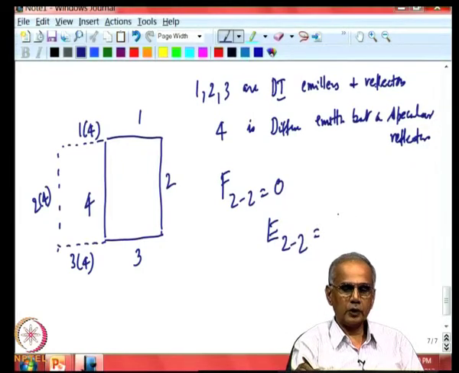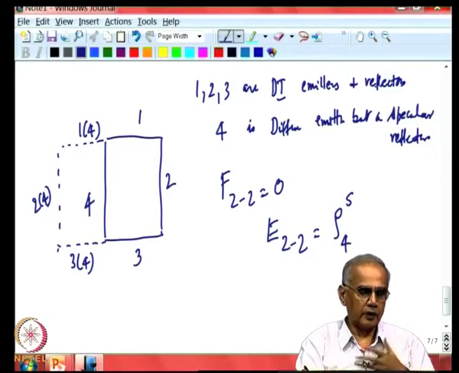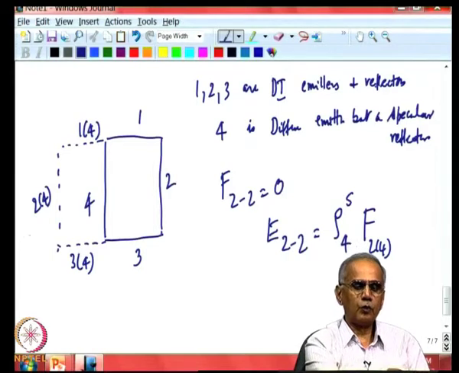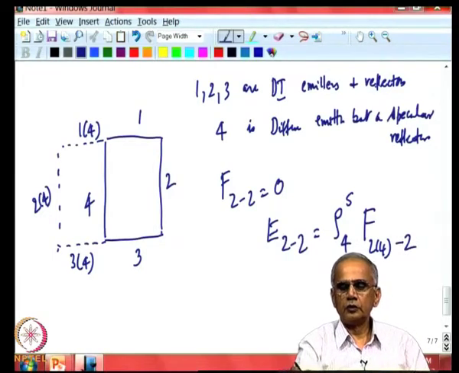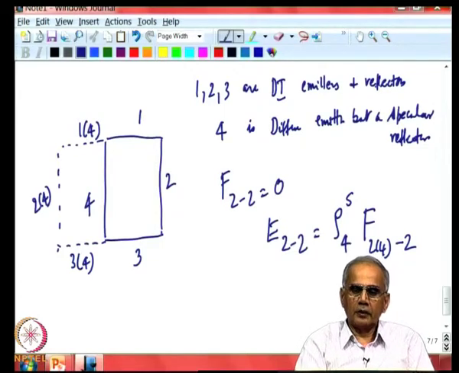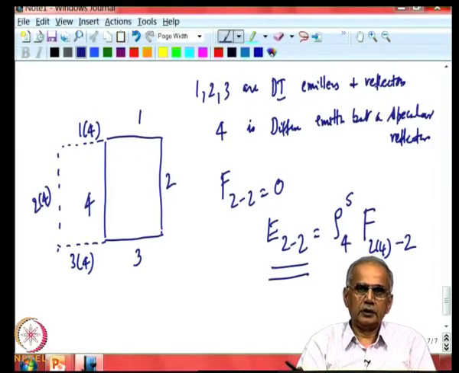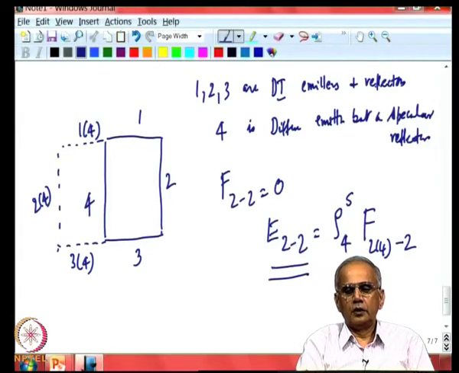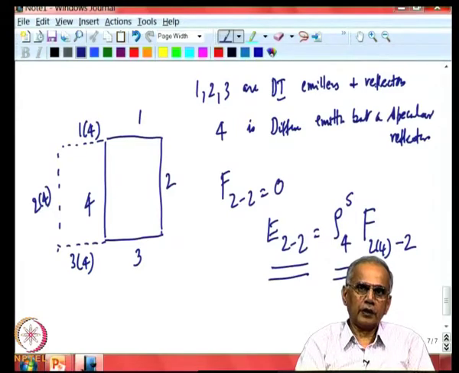So, we will call that E22. Okay. E22 is the specular reflectivity of 4 times the shape factor from 2 bracket 4 to 2. So, this is a new thing we have to calculate and this enables 2 to see itself. So, surface 2 is able to see itself because of the specular reflection in surface 4. This is now a new shape factor for specular surfaces, which includes within it the specular reflectivity of the surface 4.